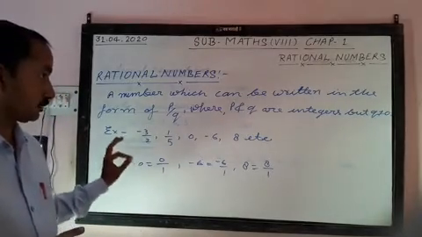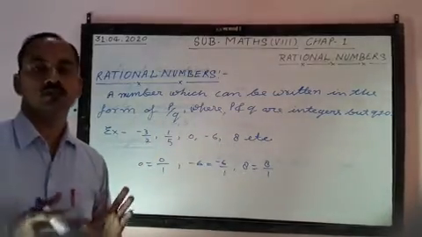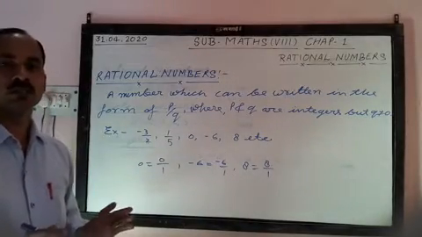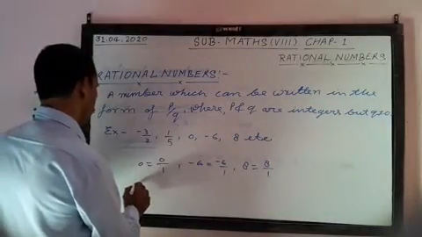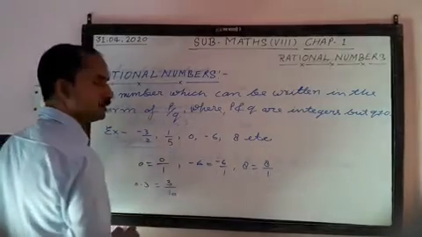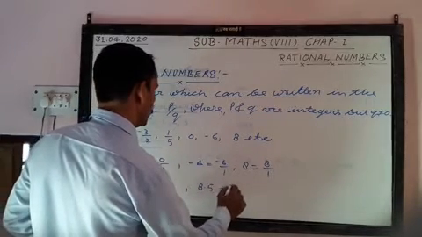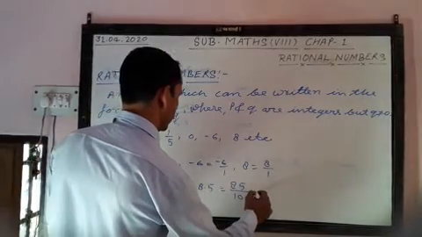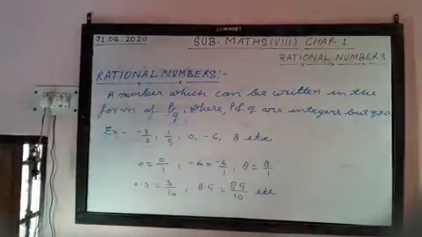So this is the chapter on rational numbers, and this is the concept of rational numbers. As we have read, decimal numbers are also rational numbers, such as 0.3, because it will be 3 upon 10, and 8.5 is also a rational number, because it will be 85 upon 10, etc. Note down it please.